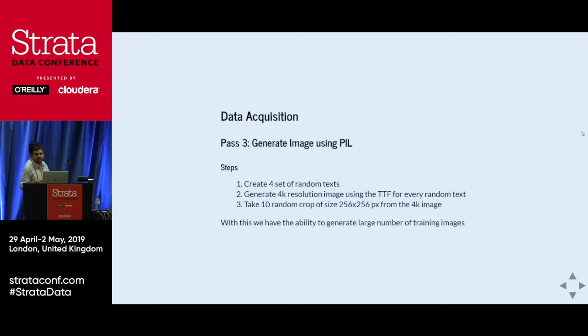And it's not just random crops. We also do a lot of random scaling, random rotation, and random zooming, so that from day one, while we are preparing the data, we don't overfit our models to the data, because deep learning models are prone to overfitting very easily. So we made sure that from day one we built our data pipeline in such a way that we don't have any problem with overfitting. I'll show you examples.